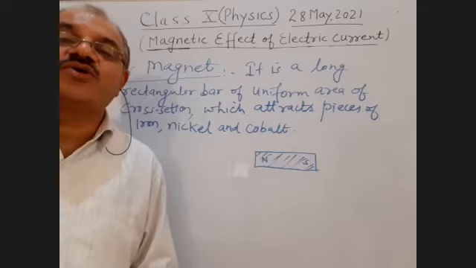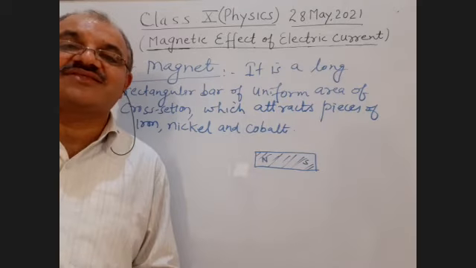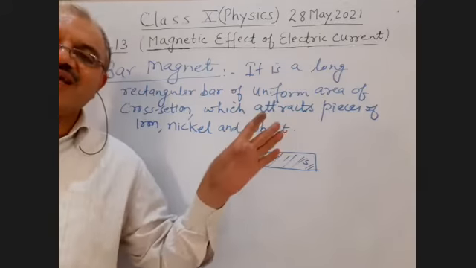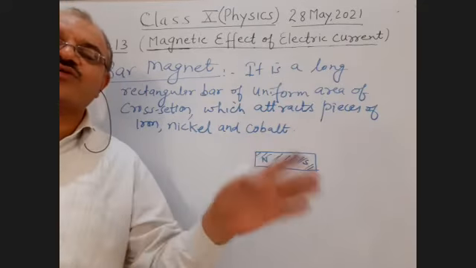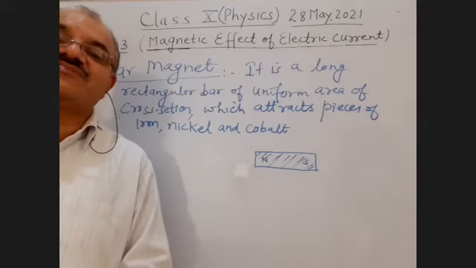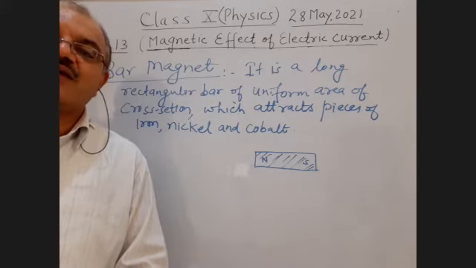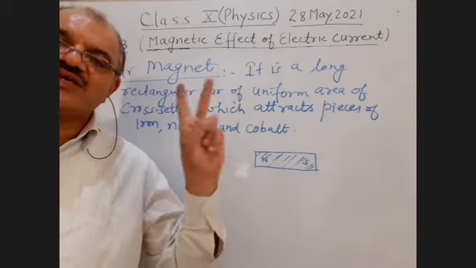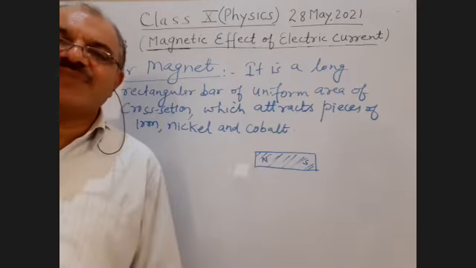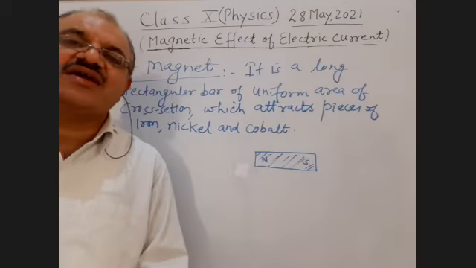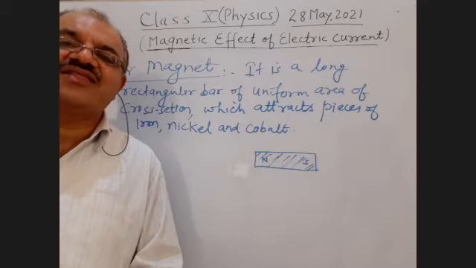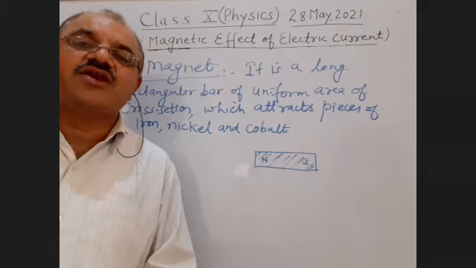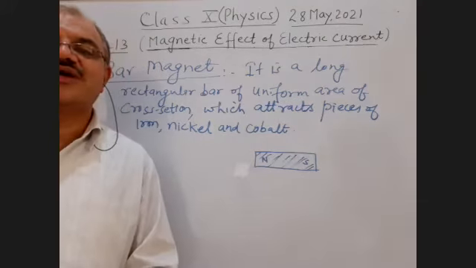अगर इस बार मैग्नेट को मैं सेंटर में से थ्रेड के साथ बांधकर फ्रीली लटकाता हूं, तो अल्टीमेटली ये नॉर्थ और साउथ डायरेक्शन में इंडिकेट करेगा. Is it clear, students? So a bar magnet has two poles, north pole and south pole, and when it is suspended freely with the help of a thread, it will always point toward the north and south direction. Is it clear, students?